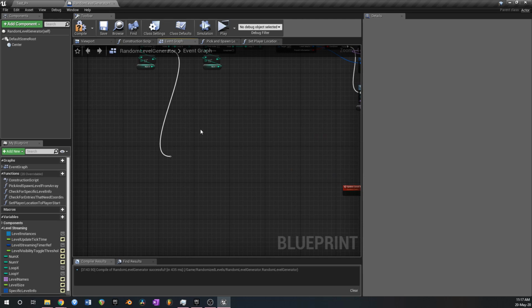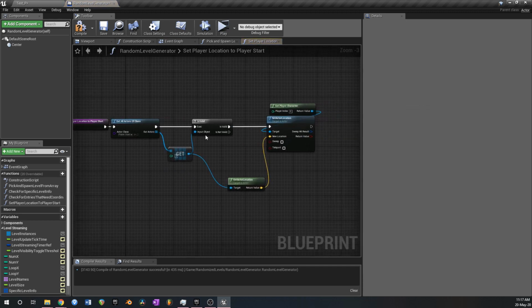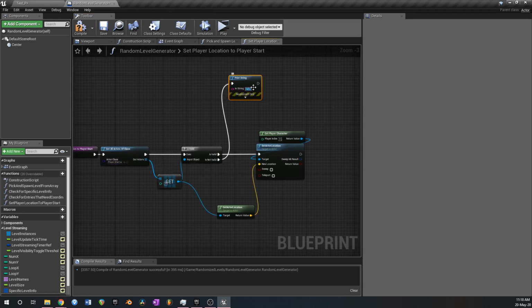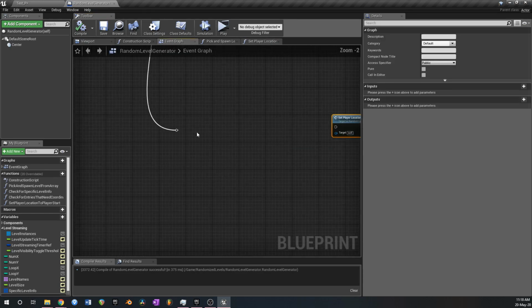player start. So all the levels will be loaded in, so let's find the player start, which we could probably use here. So this set player start location function, I think this will actually work just as it is. Yeah, so let's just have a print string off that, and in the case that the player start doesn't exist for whatever reason, let's say player start was invalid, just so we know if something messes up. So before we set the location to the player start,